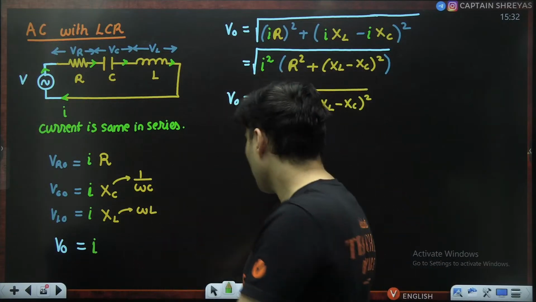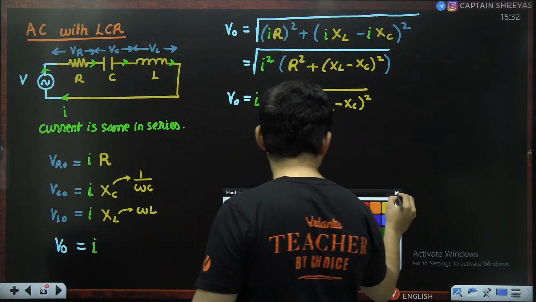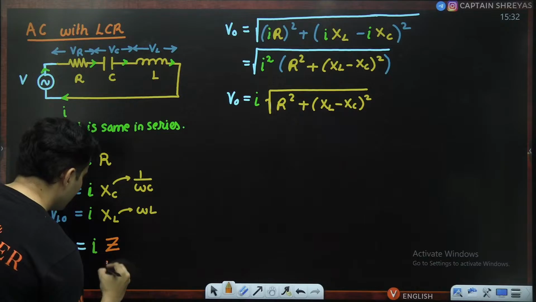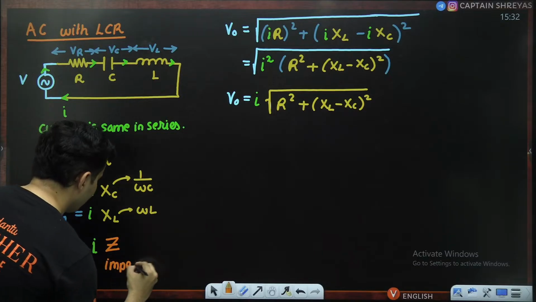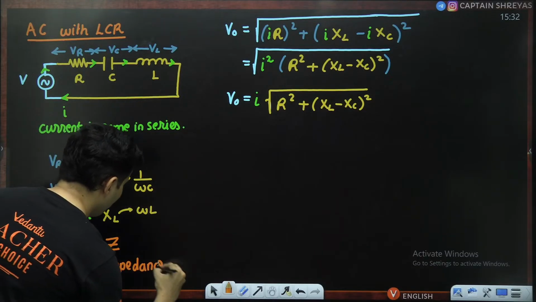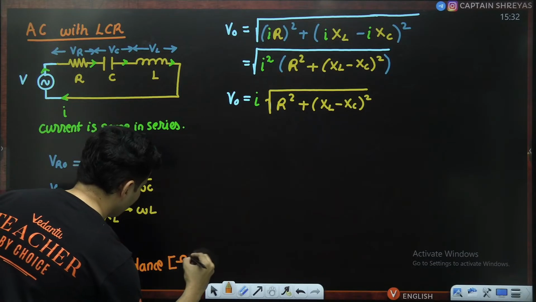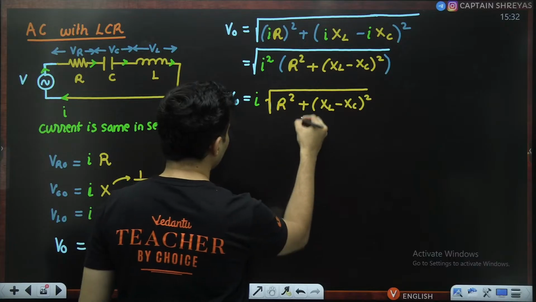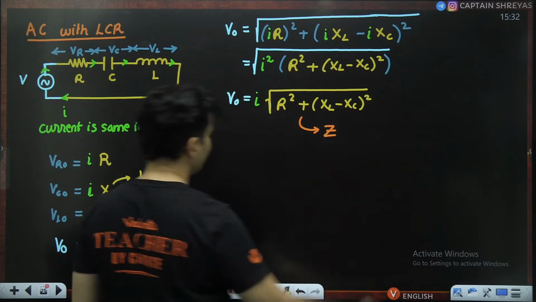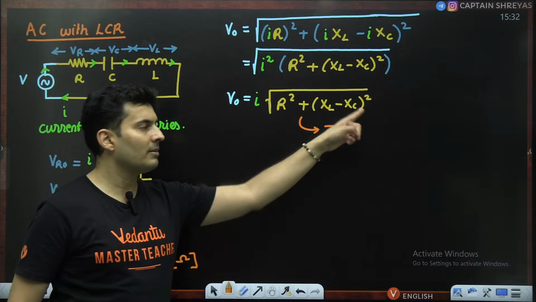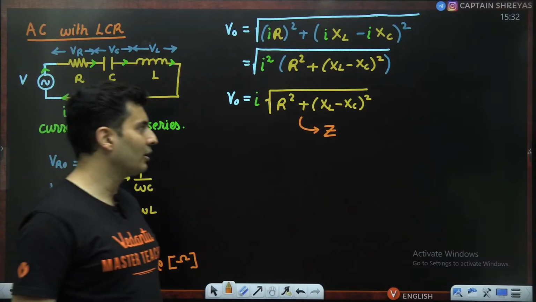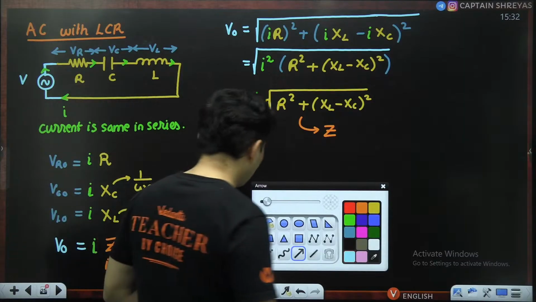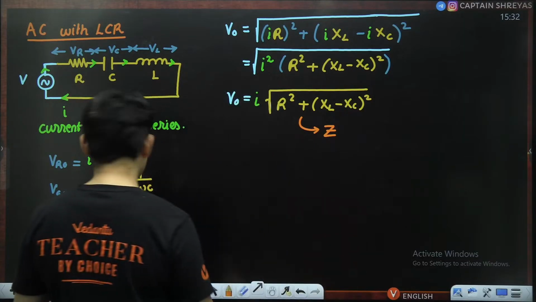That new thing is then called Z, which is called impedance. It is also measured in ohms only. Impedance is basically this, your impedance Z: the square root of R square plus (XL minus XC) whole square. If you're wondering how to remember this formula, it is very much similar to the